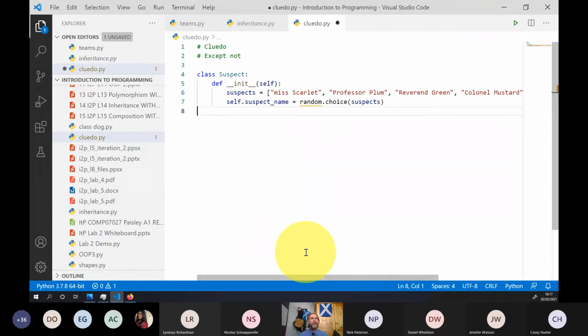So the first class that I'm going to create is the suspects. So definitely not Miss Scarlet. Definitely not Professor Plum.